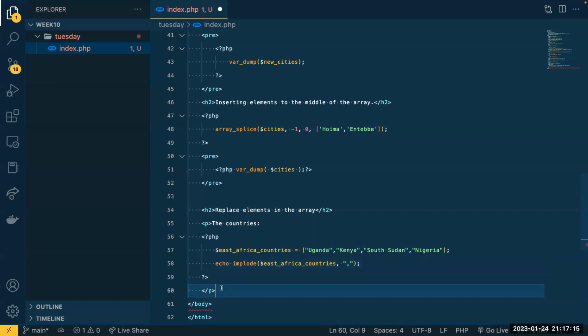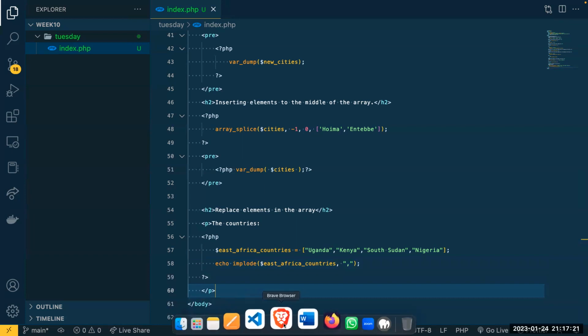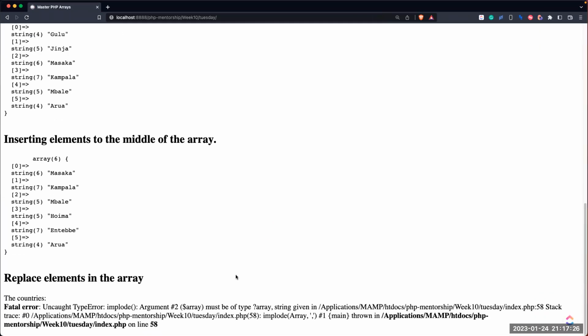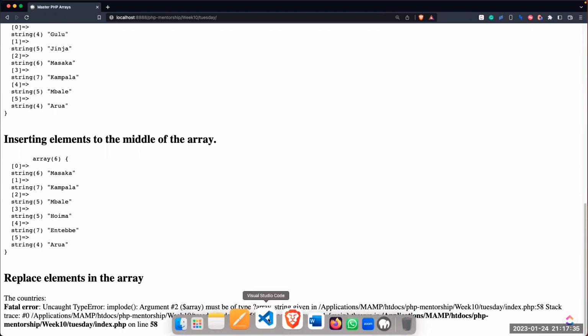So where is the mistake now? Let me just save. Let's check if this code works, and then we start the replacement. Implode type error, must be of type array. Oh, so I think wait,